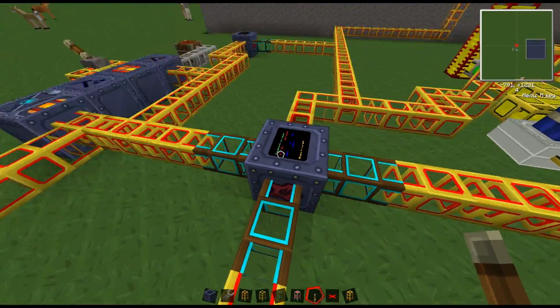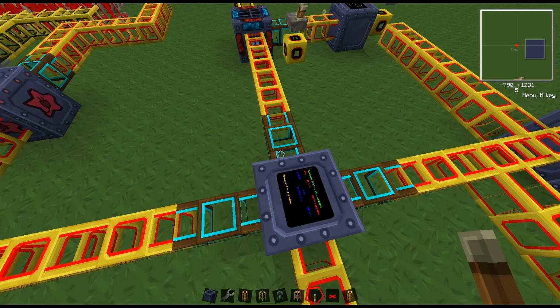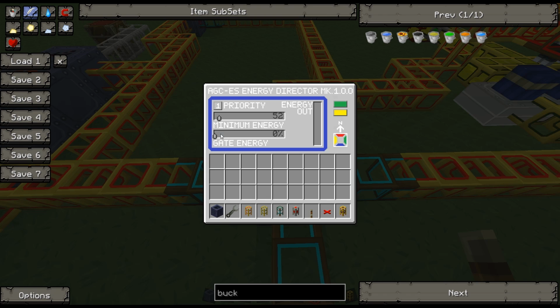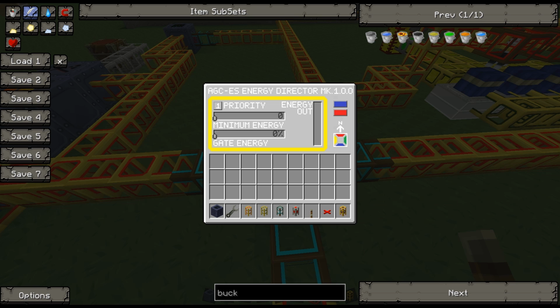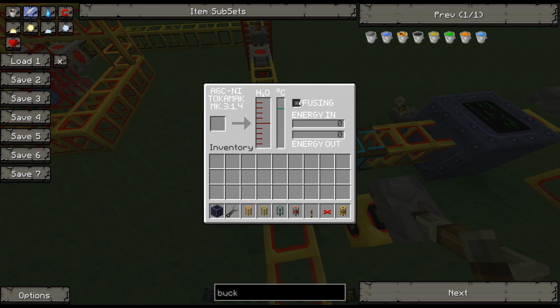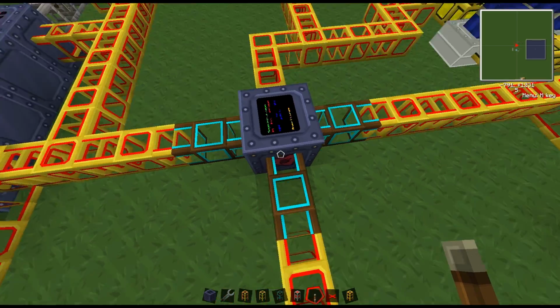So for step 2, I want the power to go to the Tokamak. So there's a couple ways we could do this. What I'm going to do is basically I'm going to say the gate energy, it will get 100% on the yellow side. So I'm just going to go with gate energy 100. But actually the Tokamak works in an interesting way. It needs 50 energy units per tick at the very least to keep it from cooling itself when it's not fusing. And so I'm going to do that, and then for gate energy, I'll actually leave it at 0